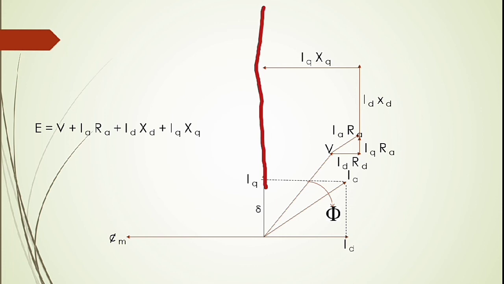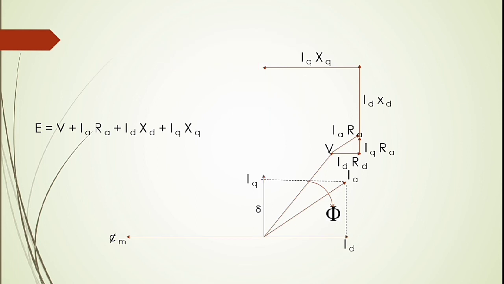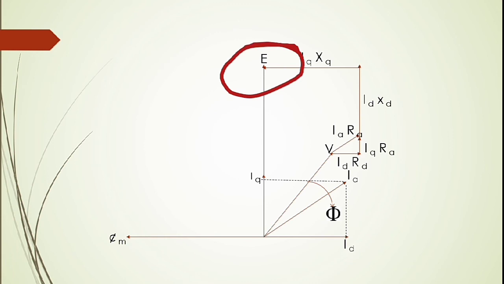So this one is called the d-axis. When this line cuts the d-axis, that point is called the emf. Because I told you we will always get an emf in the q axis. Okay, so next, here we get the emf. This one is called the emf. So from this way we learn the emf.